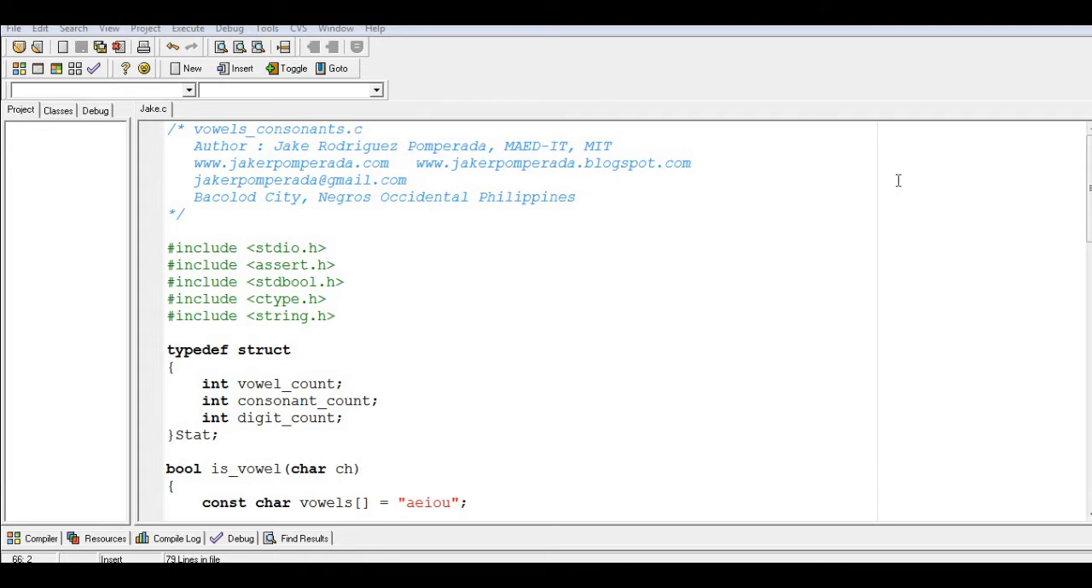how to create a program that will count the number of vowels and consonants in a given string using C